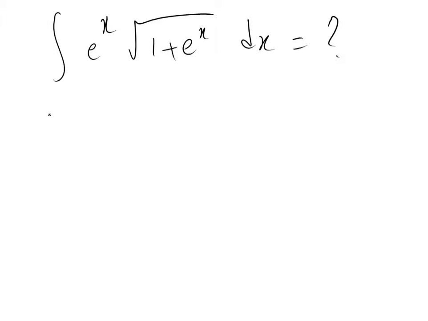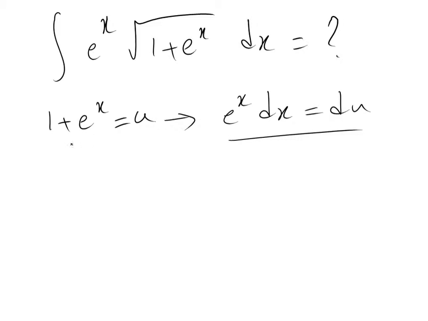So if you define 1 plus e^x as u, and if you take the derivative of each side of this equation, you will get derivative of 1 is equal to 0, derivative of e^x is equal to e^x, so e^x dx is equal to du. Okay, so now if you substitute these two expressions into this integral, you can rewrite this integral as,